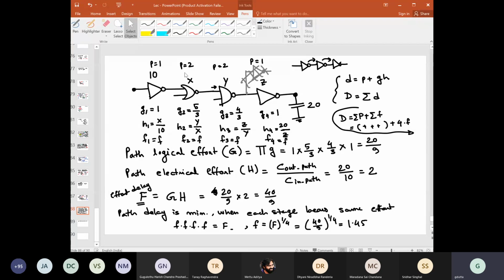Now it's not over yet, because our goal is not only to find the delay, but also to find how we size the transistor of each and every gate. That means how should we size the transistors of this inverter, this NOR gate, this NAND gate, and again this inverter, right? To do that, what we have to do,